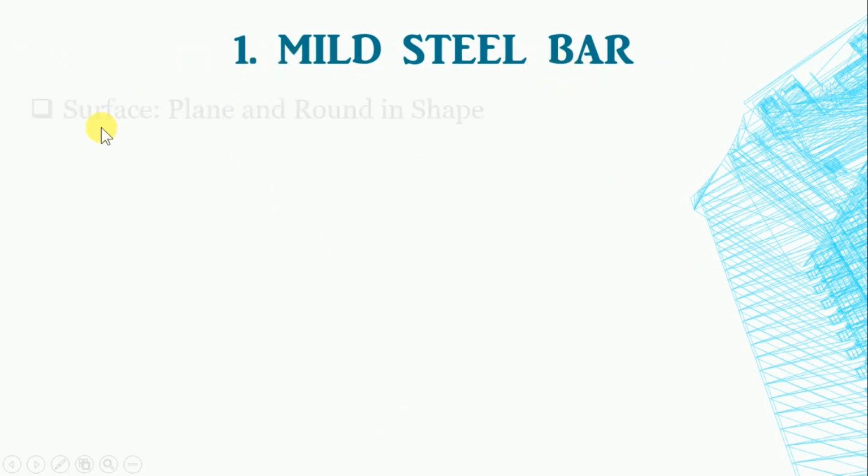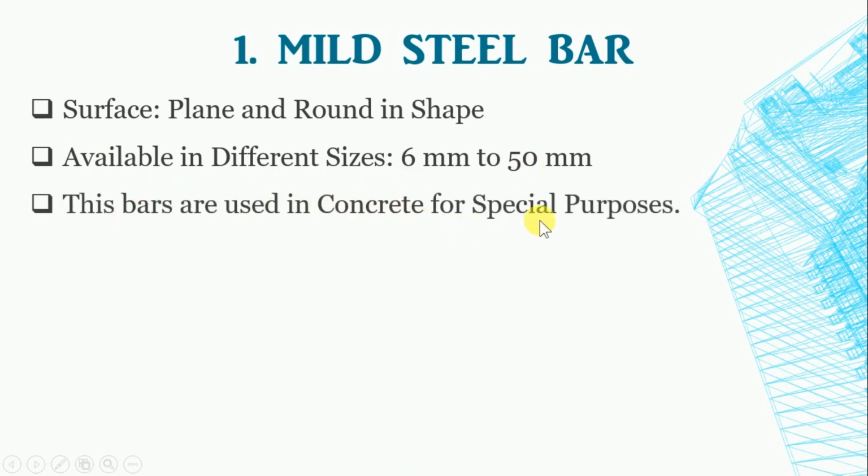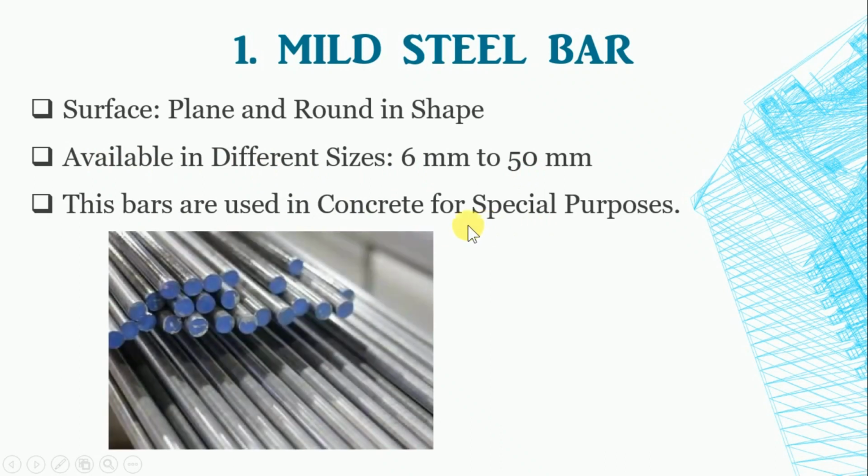Mild steel bar. The surface of mild steel bar is plain and round in shape. They are available in various sizes, 6 mm to 50 mm. They are used in concrete for special purposes such as dowels at expansion joints, where the bars must slide in a metal or paper sleeve, for contraction joints in roads and runways, and for column spirals. They are easy to cut and bend without damage. For bridges and other heavy structures, mild steel is not recommended due to no great bonding between the concrete and steel, slippage, and strength.